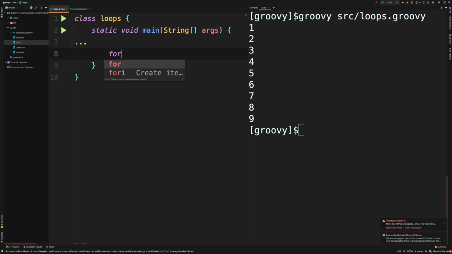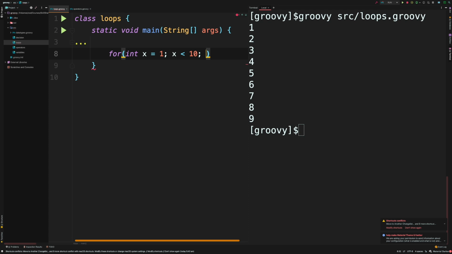Now what we need is a for loop. So we start by defining the keyword for, use parentheses, and the first thing we need to define is a variable declaration. So we can say int x equal to 1. Okay. And then the next one is going to be our expression. So that's going to take a semicolon, and the expression is going to be something that has to keep the logic for iterating. So we can say x less than 10, x plus plus.